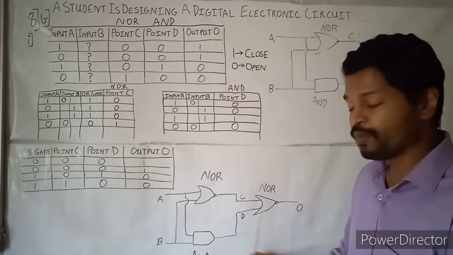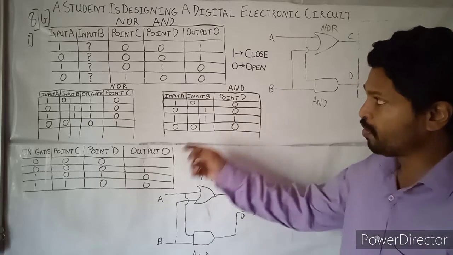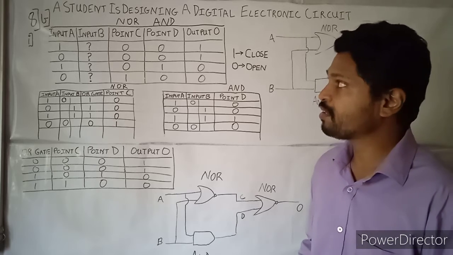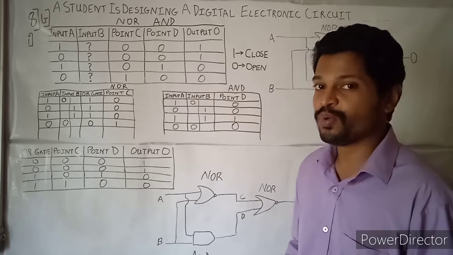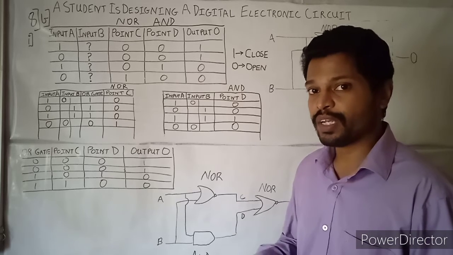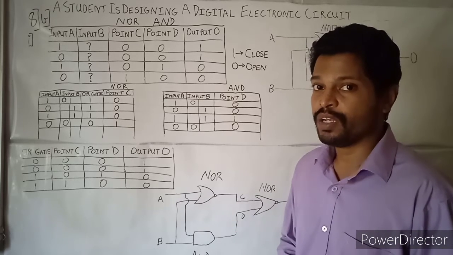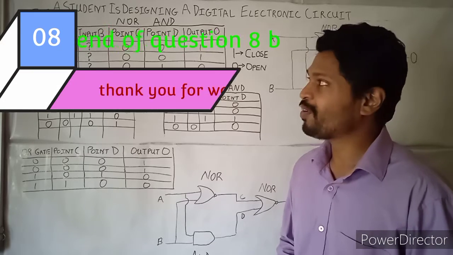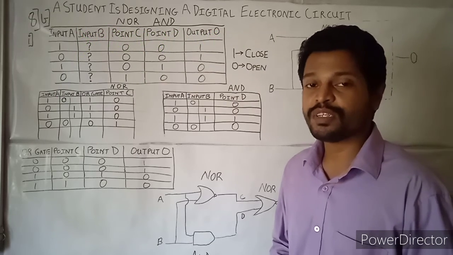Once you draw this, you will get 6 marks. The total question, if you have answered this, the total marks would be 8 marks. So we have answered. Hope you understood this. We have gone into much detail so that we can explain each and everything. Hope it is simple and you can understand most of the things. Okay, so we have solved the 8th question, the B part.